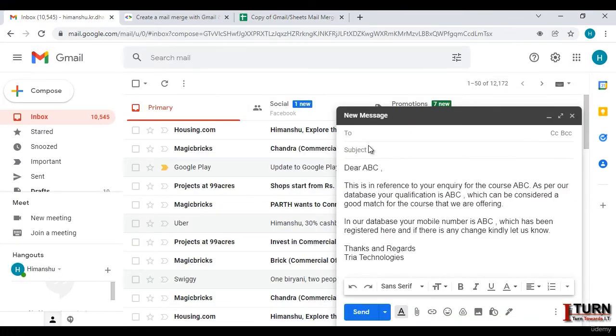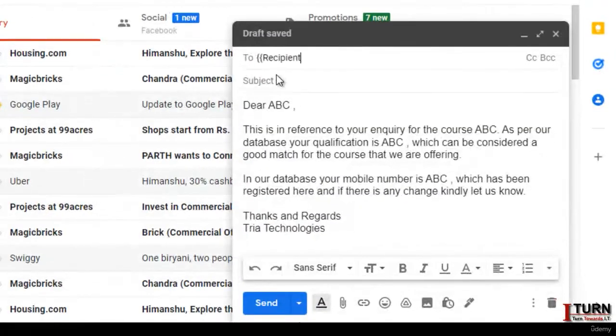Here you will have to start the curly bracket. You will have to give the curly bracket twice and then type the recipient, meaning the field header. Then you will have to close this with the curly brackets. Fine. Now here you will have to mention the subject, your inquiry for the ABC course. It's by default showing me some suggestions. What I'm going to do is type inquiry for